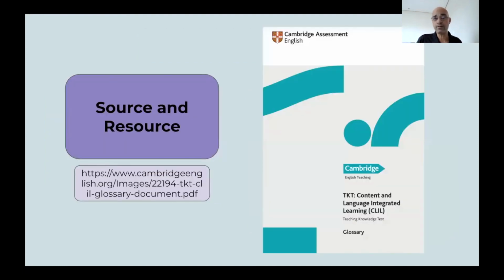And where did I get all this from? Well, this is a free resource available, and the link is here, put together by Cambridge. This is the glossary, the TKT CLIL glossary, which is a booklet with all the terminology you need for CLIL, everything that can be on the test. So I highly recommend it, not only as a source of information, and this is the source I have used for this video, and also as a resource for you to develop